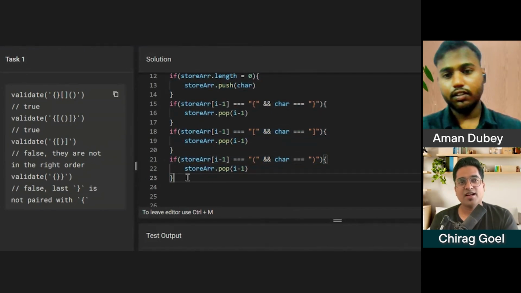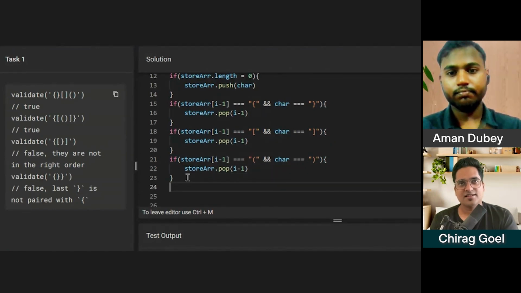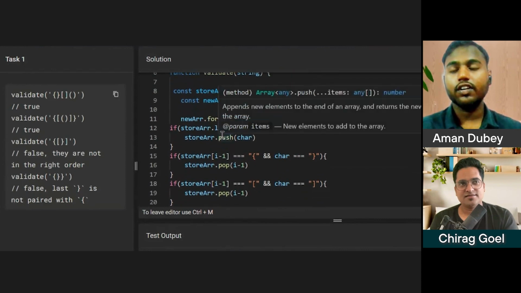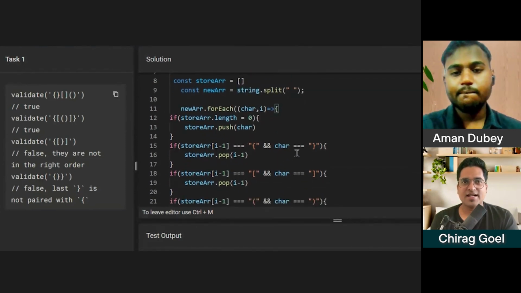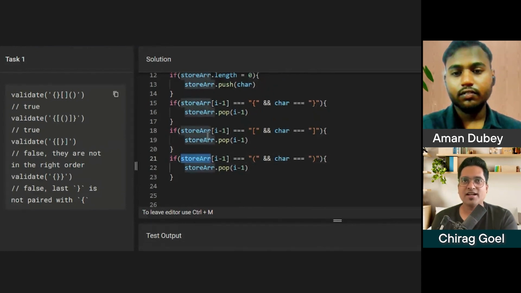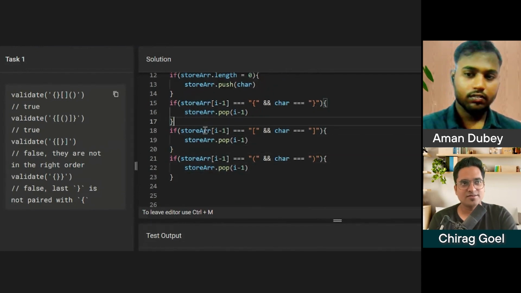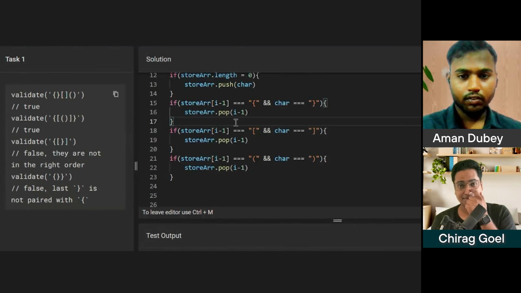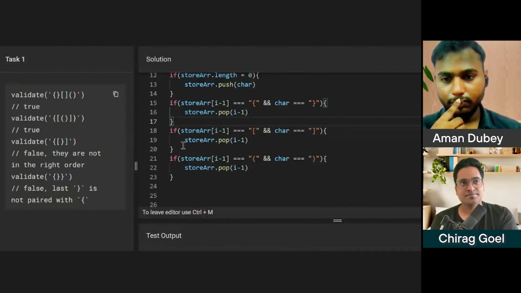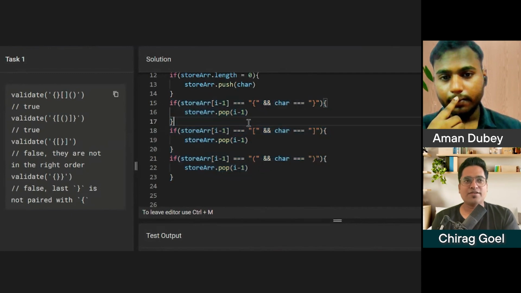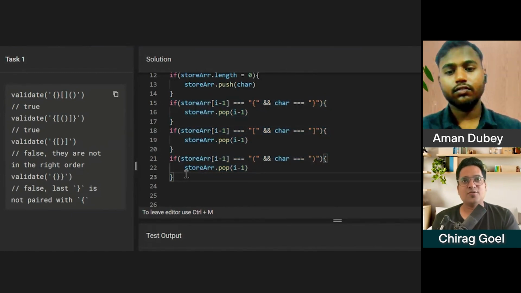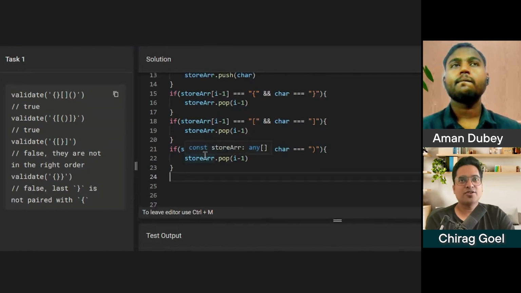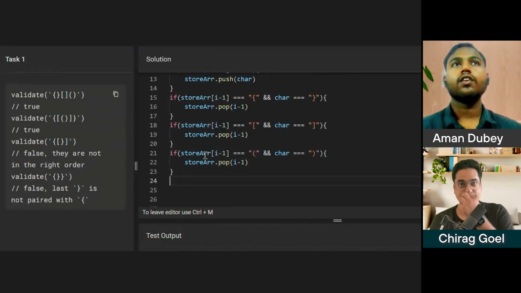How will you write the logic for none of the above three conditions matching? You have to write that condition that none of the three conditions match. You have to use some conditional operator, right? You know that you have to add to the array if none of them matches. How are you going to write that? That is my question.